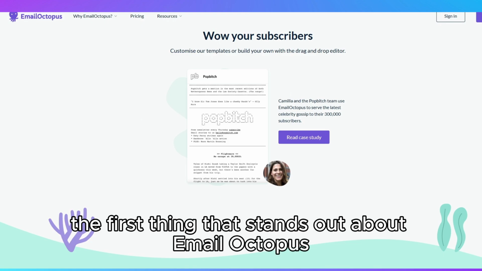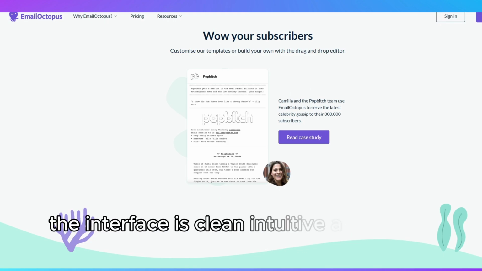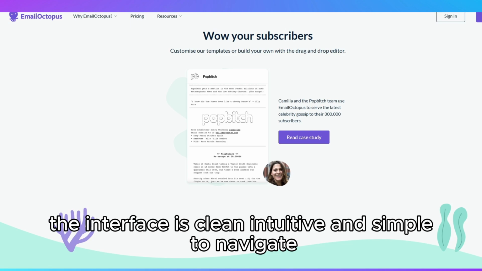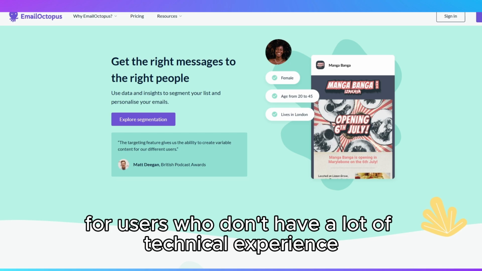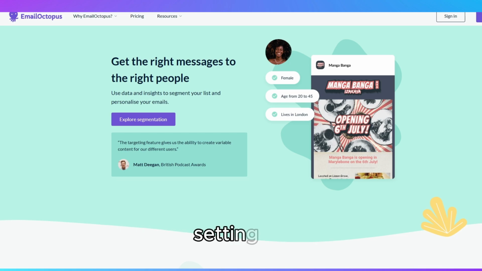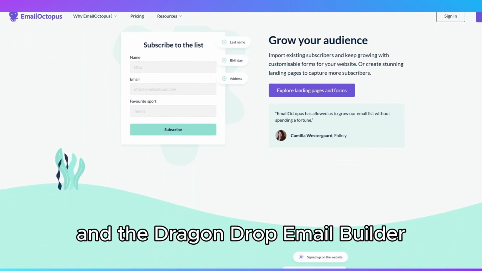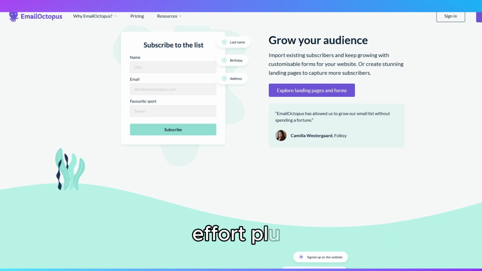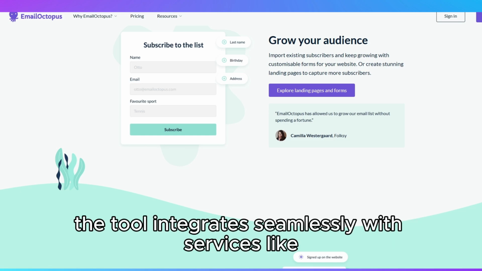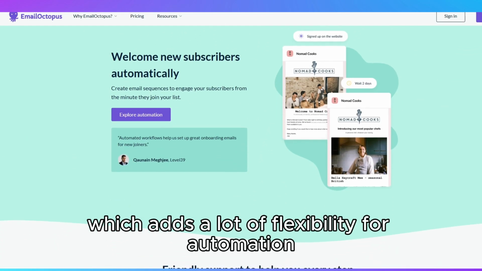The first thing that stands out about Email Octopus is its ease of use. The interface is clean, intuitive, and simple to navigate, which makes it ideal for users who don't have a lot of technical experience. Setting up email campaigns and automations is straightforward, and the drag-and-drop email builder allows you to create professional emails with minimal effort. Plus, the tool integrates seamlessly with services like Zapier, Google Sheets, and Shopify, which adds a lot of flexibility for